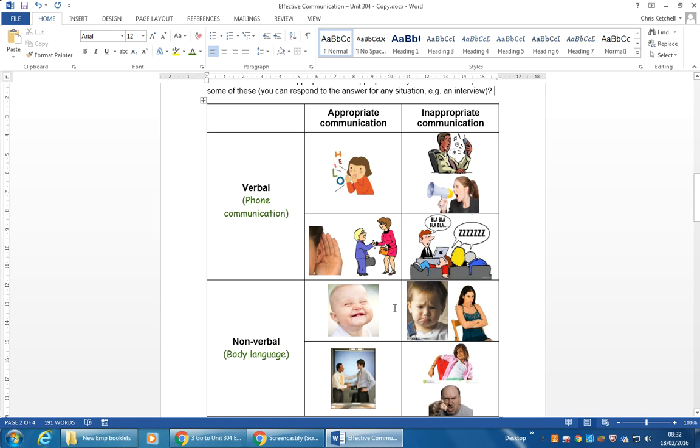Then a bit further down, this is non-verbal communication. So this is body language. You can say a lot to someone without saying a word, just by your body language. Okay. And again, we want two things, positive forms of body language. So two things that you should do when you're communicating with someone body language wise. I've given you a couple of examples here, but I want you to think of your own examples. And then in here,